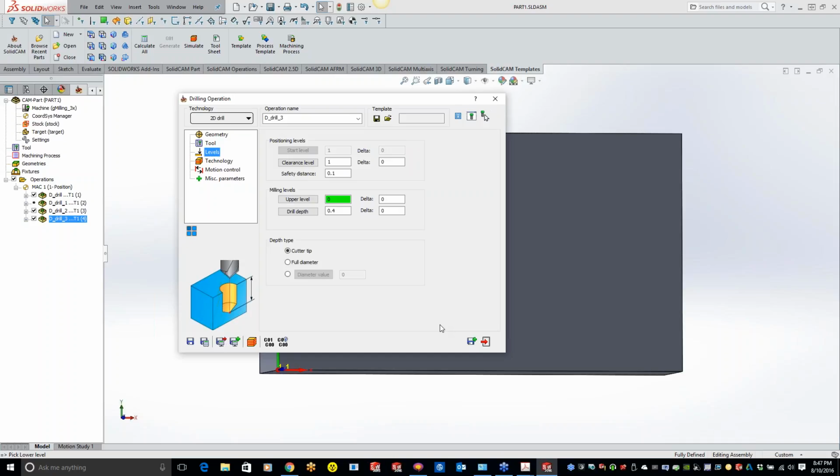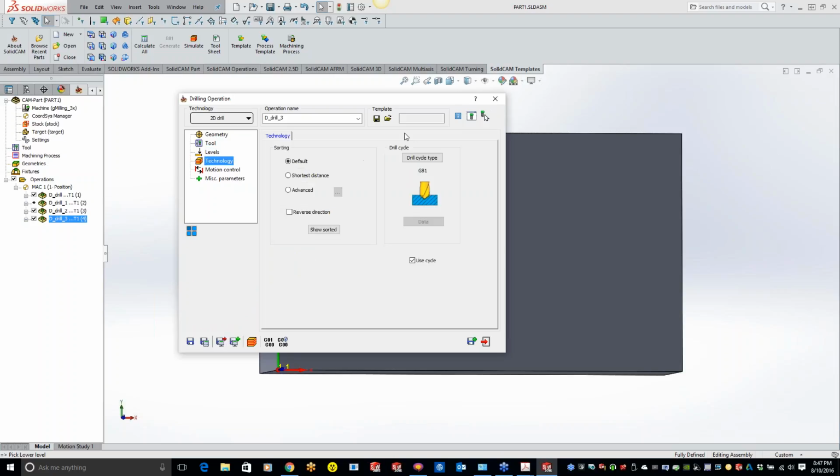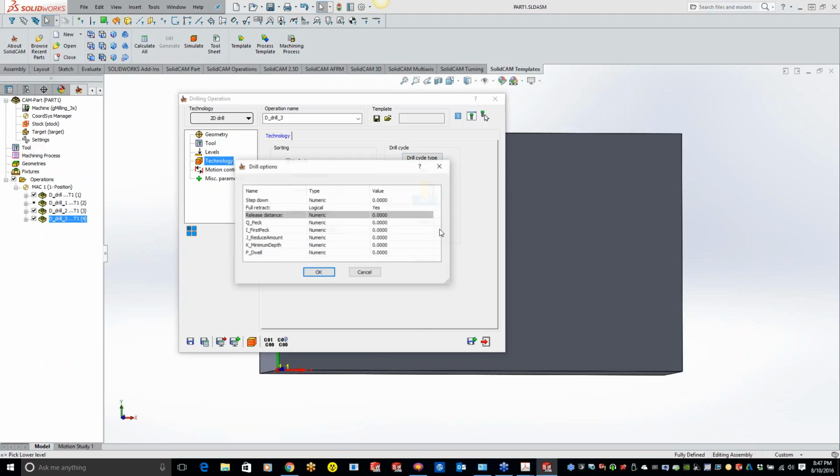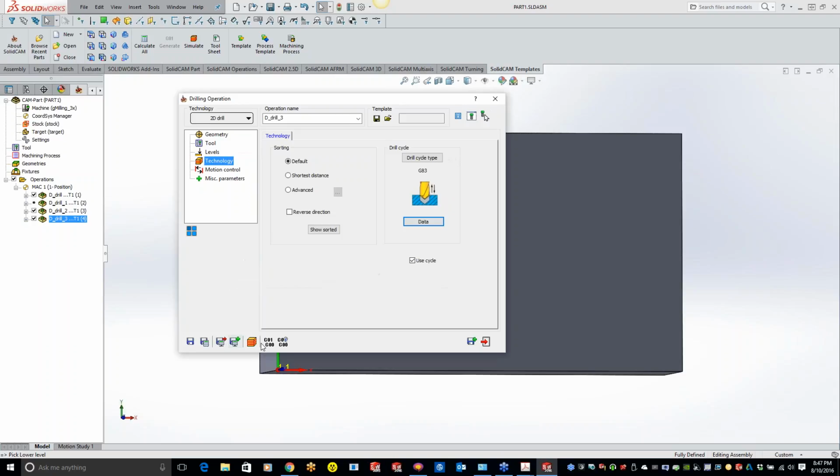When you activate, say, a G81 or a G83, in the definition of that G cycle you have an XY position, a Z depth, an R position, a return to plane position, and a feed rate. That might be helpful, Kevin, to show what a G cycle looks like.